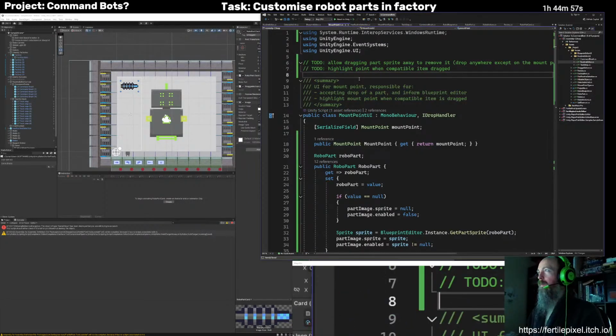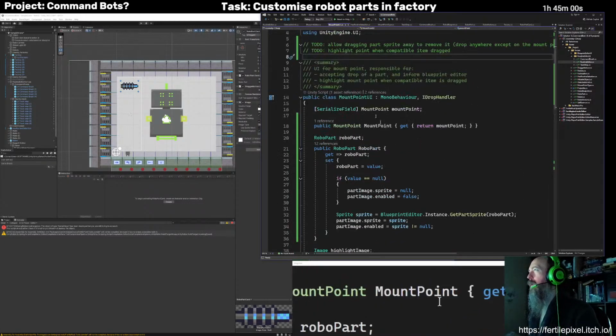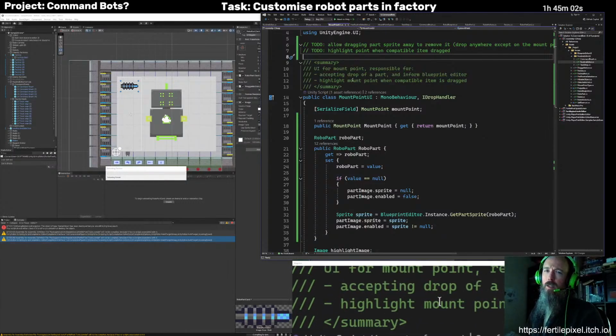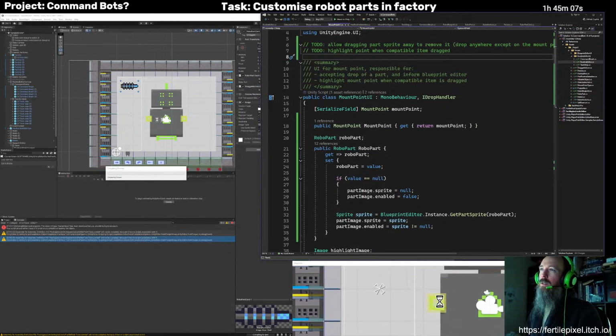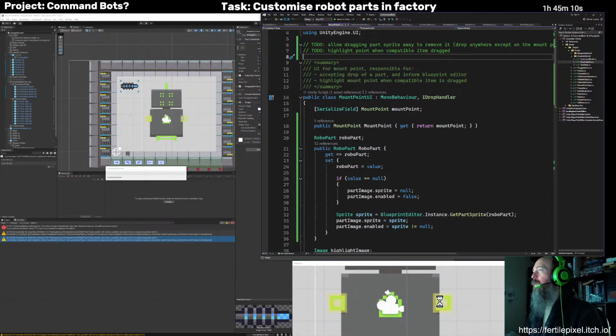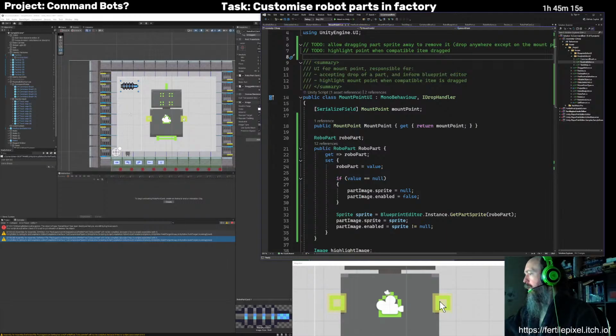So yeah, I think other than not being able to remove parts, I think it's working completely. It just only has one part and the arms that can be modified with it. So I will want to add at least one more part, but I think two more. I think if I add a shield and add like the legs, that would be good. Just sorting this thing out just here too.